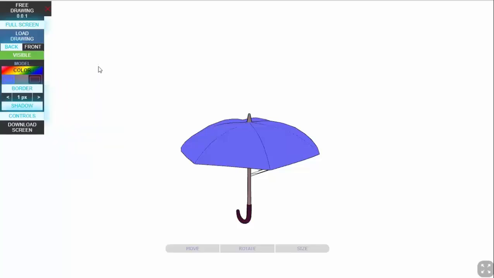Modify border. This button is used to remove and add a border to the object and can give the impression that it is in. Below the border button it is also